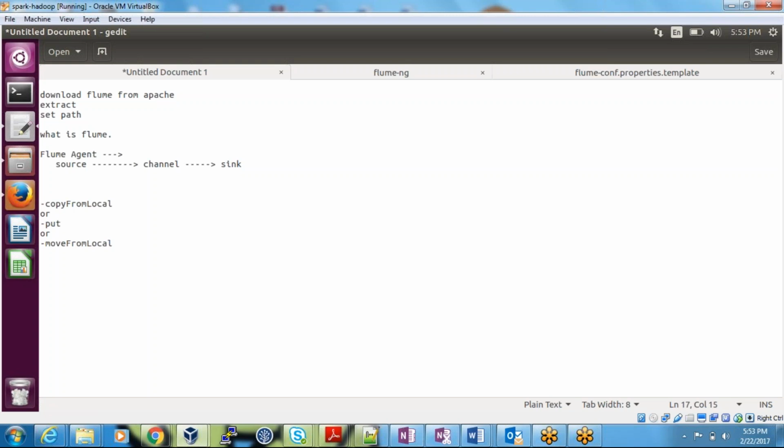Why should I go with the Flume tool? Very nice question here. Flume is a tool which will get the data continuously from the server and put it into HDFS. These commands are